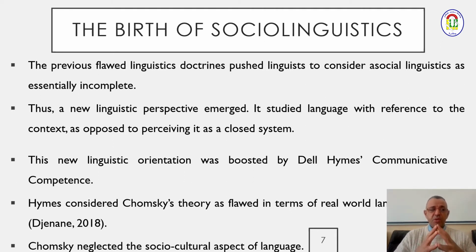In this case, we can refer, for example, to the schools of structuralism and also the mentalist school. The structuralist school prevailed during the first half of the 20th century. And as a reaction to this school, the mentalist school, or the transformational generative grammar school, initiated by the American linguist Noam Chomsky, came right after. We can see both of them here.